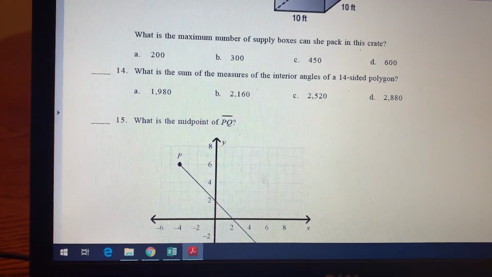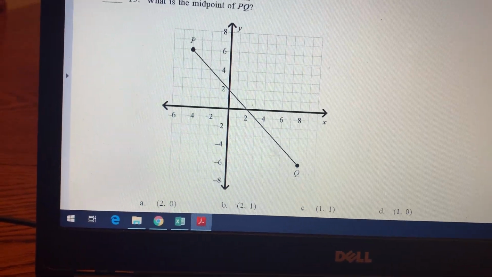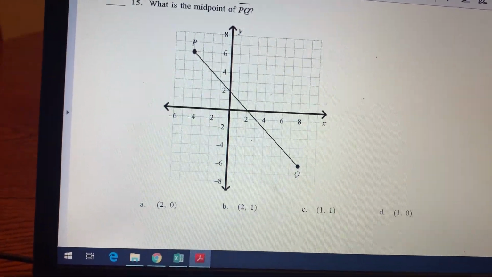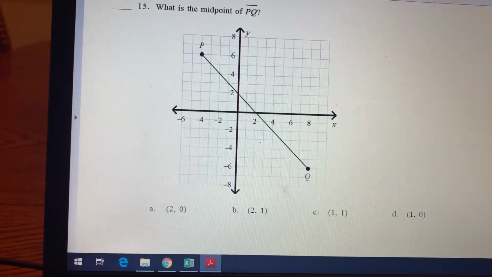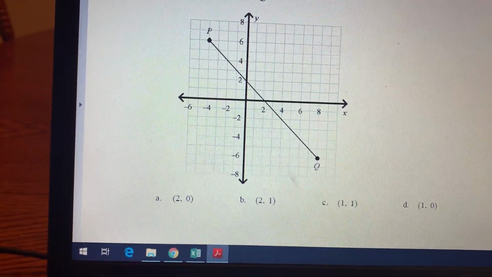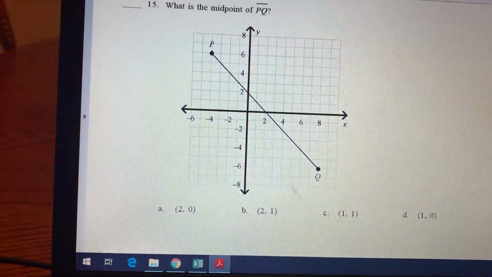All right. 15. What is the midpoint of PQ? So this one, if you look at it, has a slope of -1. So you can count it out. There's also the midpoint formula, which